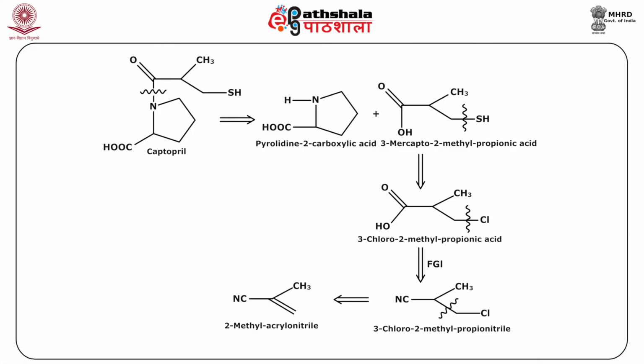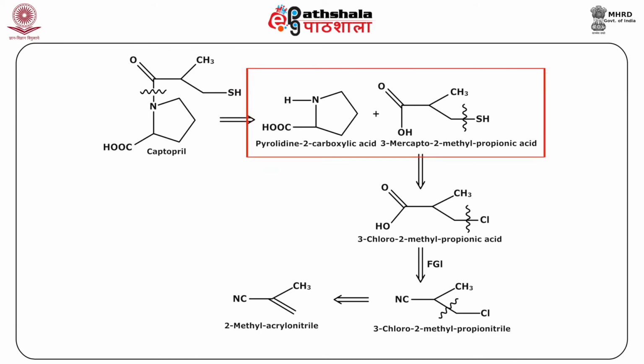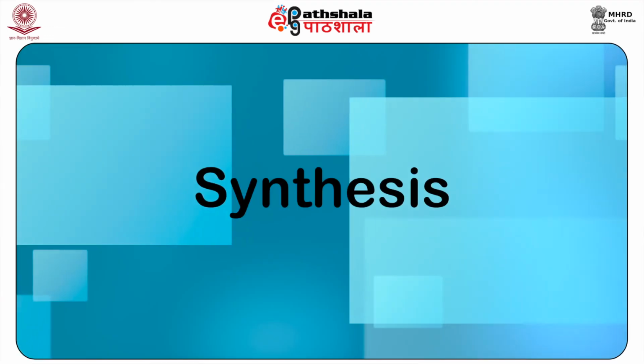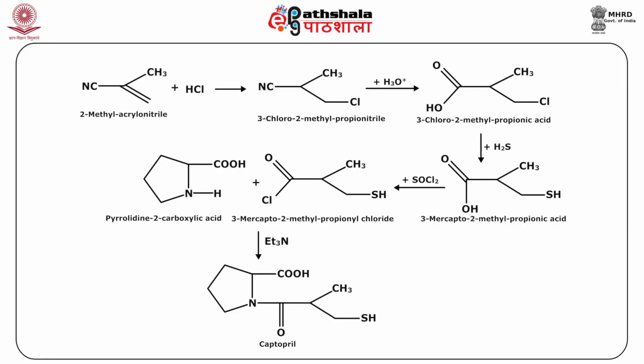The retrosynthetic pathway involves the cleavage of the carbon-nitrogen bond of Captopril, leading to the formation of pyrrolidine 2-carboxylic acid and 3-mercapto 2-methyl propionic acid as the two precursors, which are then further traced back to 2-methyl acrylonitrile and 3-chloro 2-methyl propionitrile as the synthons. The synthetic approach involves, in step 1, 2-methyl acrylonitrile being added onto HCl and forms